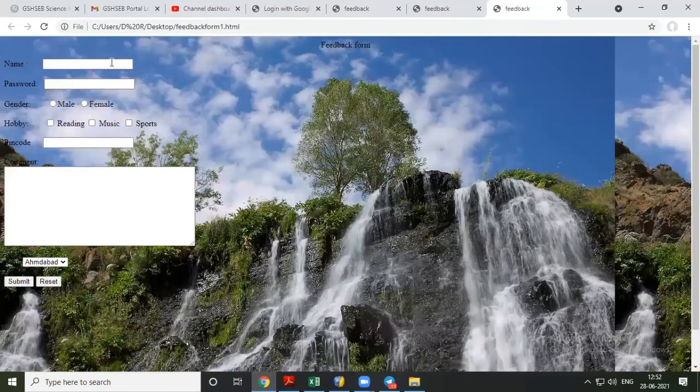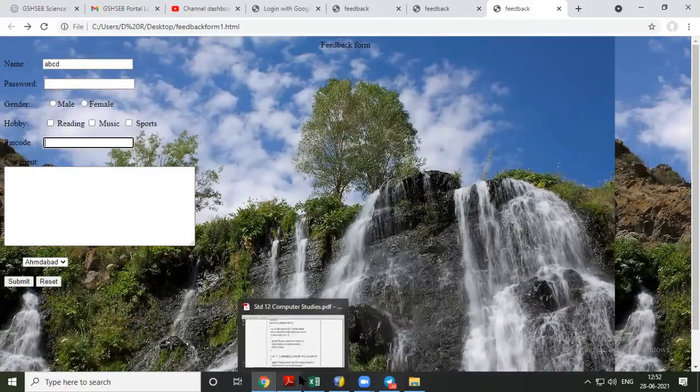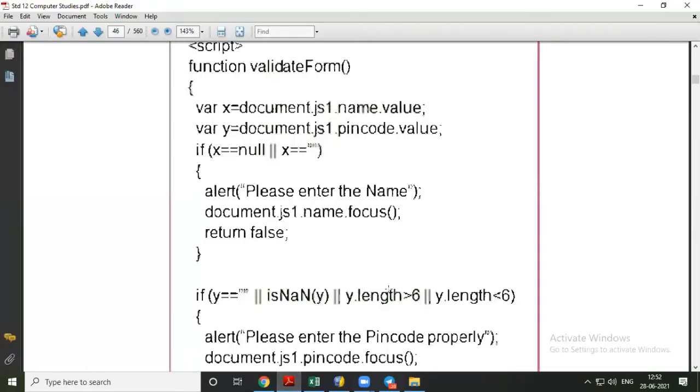browse. So what happens now if A, B, C, D? I have written this. Now in pin code, as we know, pin code has 6 digits only. So if I write here 123 A B C D E F, I am using more than 6 characters, and instead of numbers, when I click on the submit button, it is not stopping it. So now we want to make that restriction. The user cannot enter more than 6 characters, and the user cannot enter any character which is not a number.